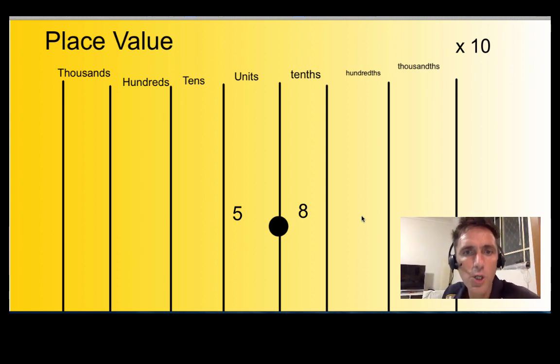And let's say we're going to do 5.8 times 10. So here's my thousands column, my hundreds column, my tens column, my units column, my decimal point, my tenths column, my hundredths column, my thousandths column, and of course I've got 5 units and 8 tenths, so that is really 5.8. And we're going to times that by 10. Now what we do when we